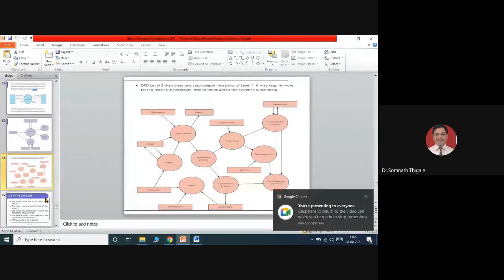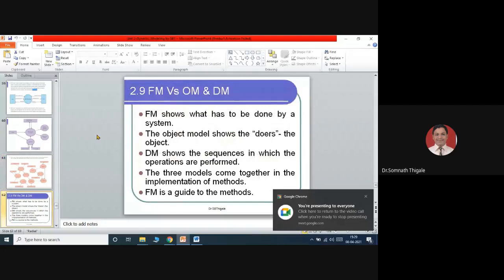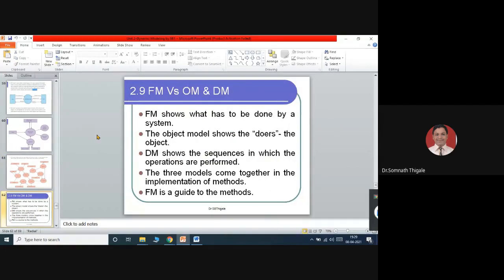After completion of this, now our focus is to identify the relationship among the various models. Now, how many models we have discussed so far? We have discussed object model. Remember, object model is nothing but class diagram. Then data model. This data model is nothing but simply dynamic modeling. And in dynamic model, we have covered one diagram called as what? State diagram. And then function modeling. Functional modeling means nothing but simply remember it's a data flow, DFD models.